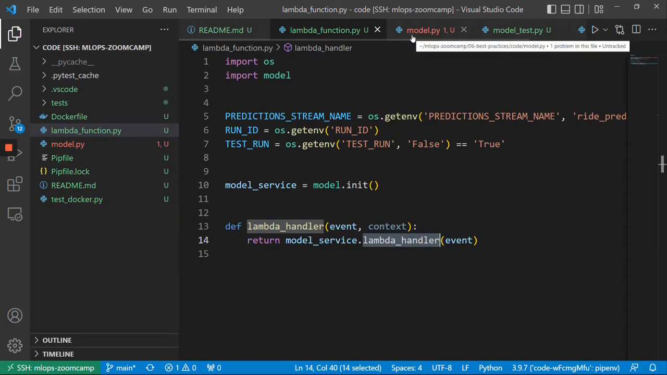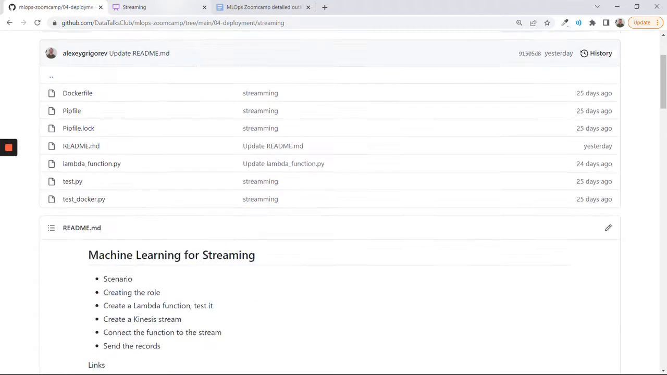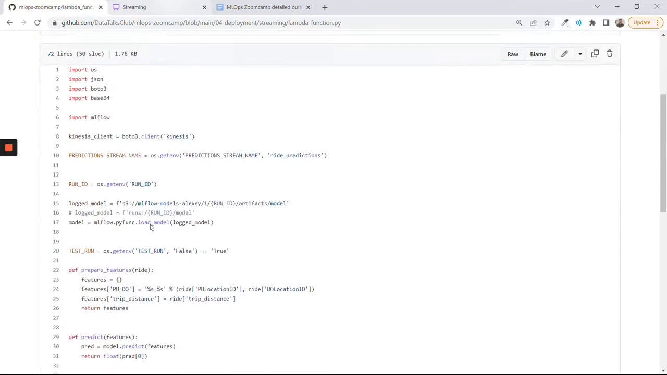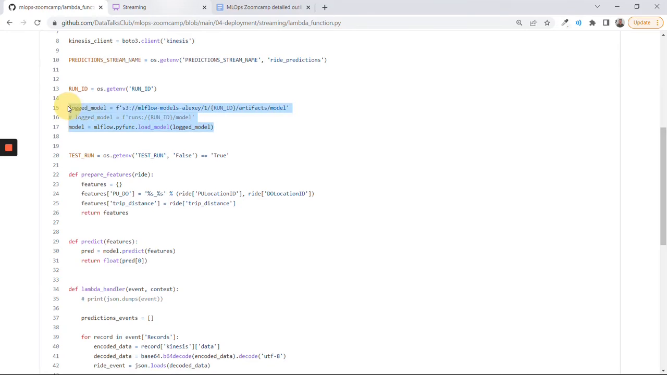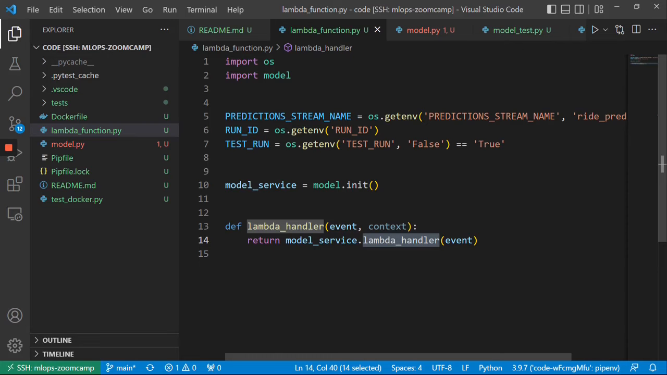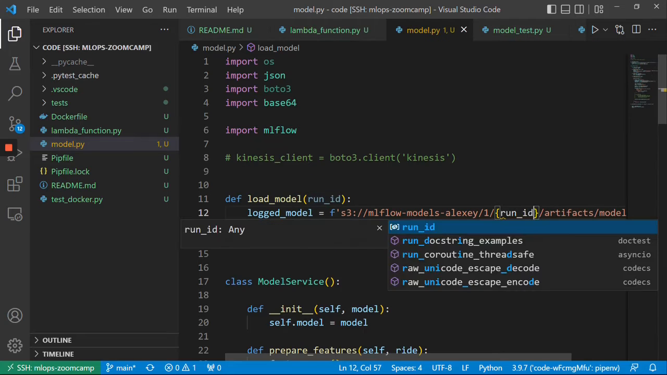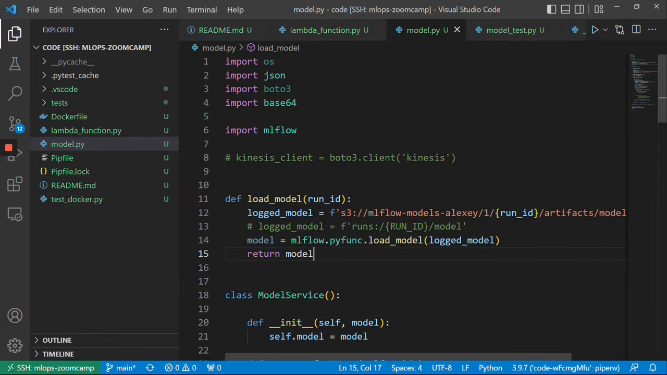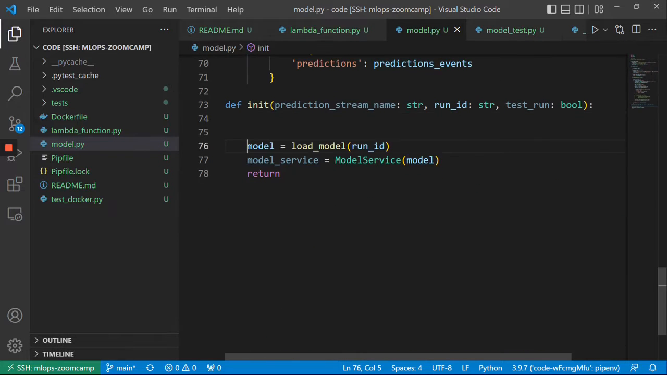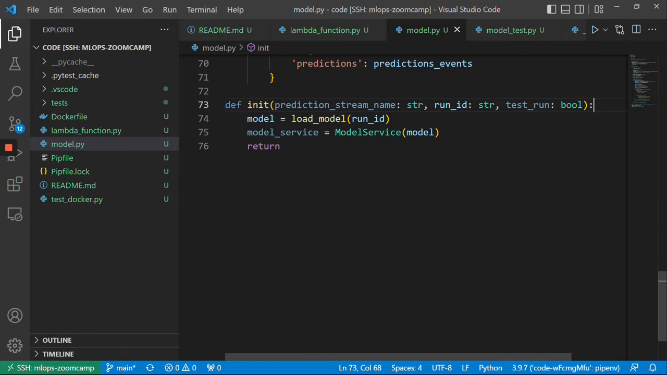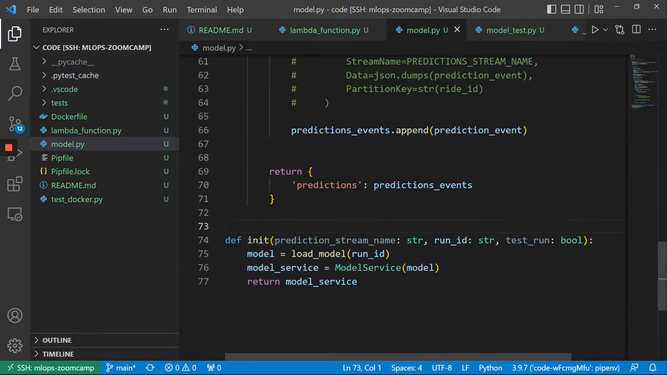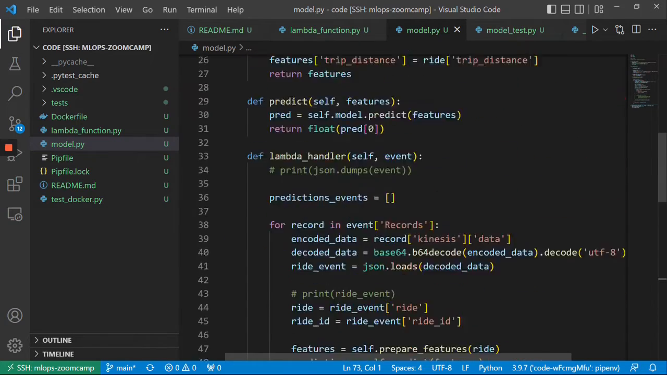So let me just go to GitHub and I'll take it from here. This piece of code is what we need. Run ID, so return model. So we have this and we return model service. We can quickly check it to make sure it's